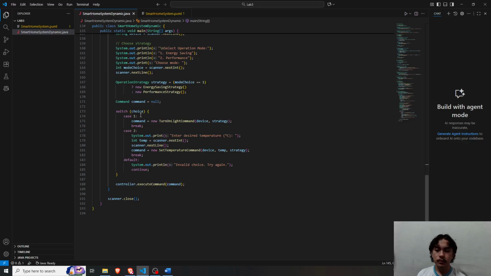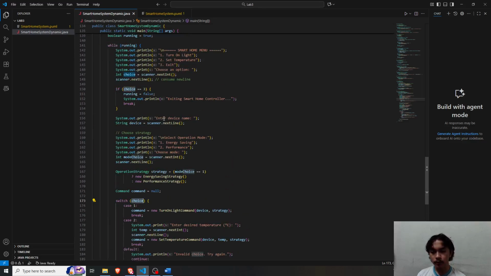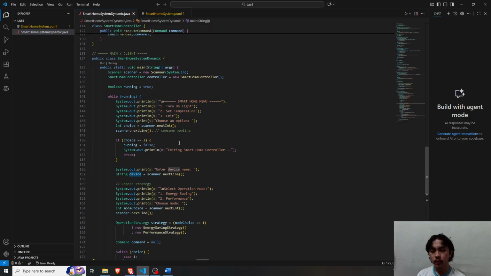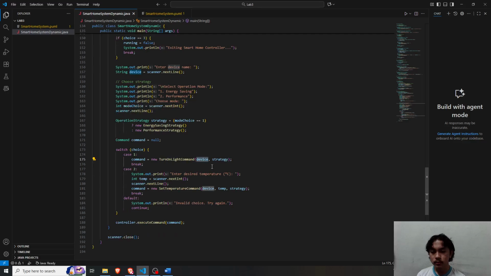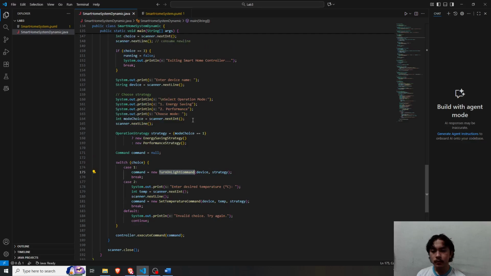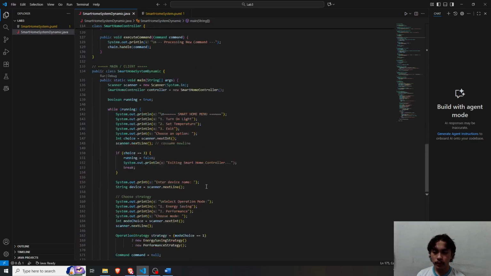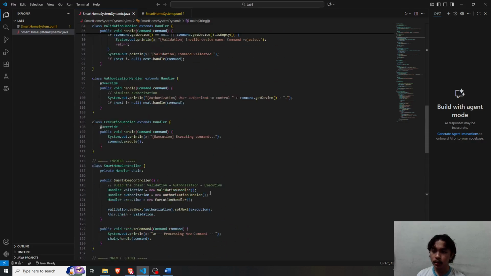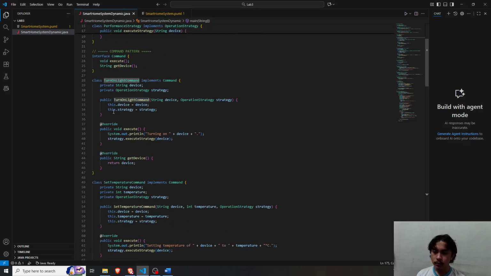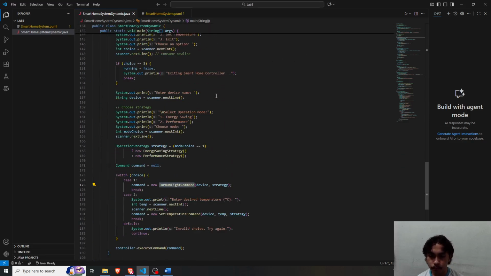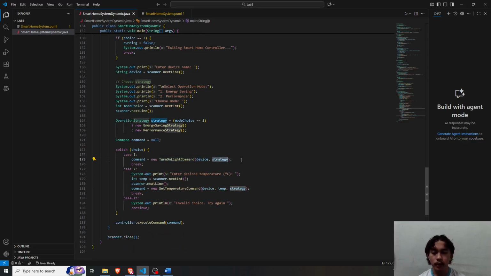If our choice is either 1 or 2, we will be redirected to the turn on light command for the device, a method of the turn on light command class, which has the device and the strategy as its parameters.